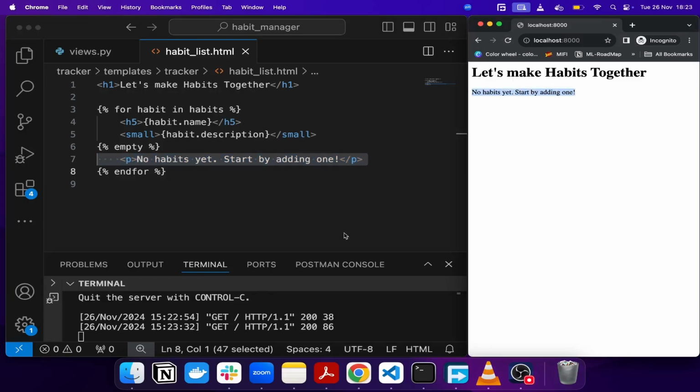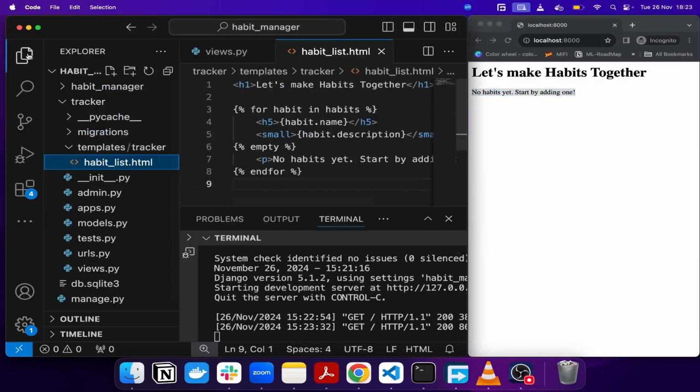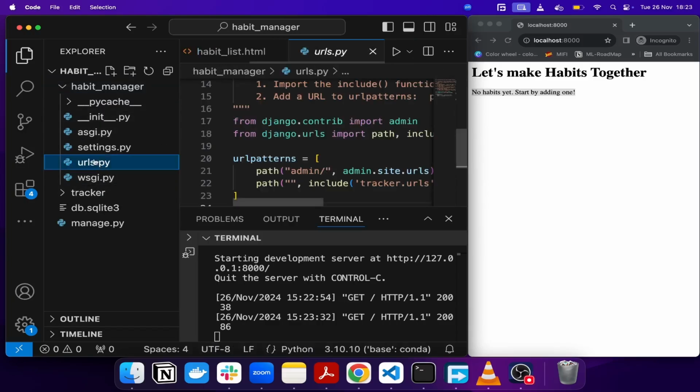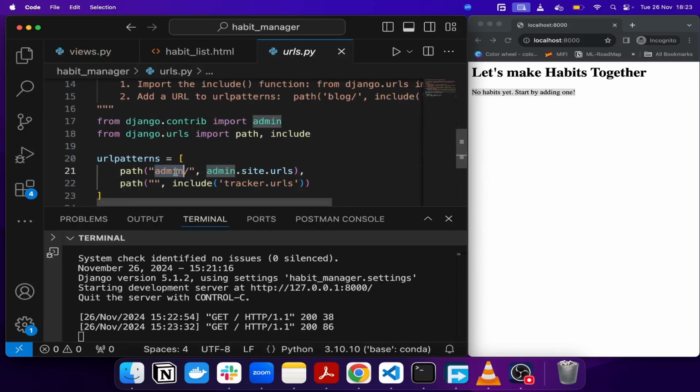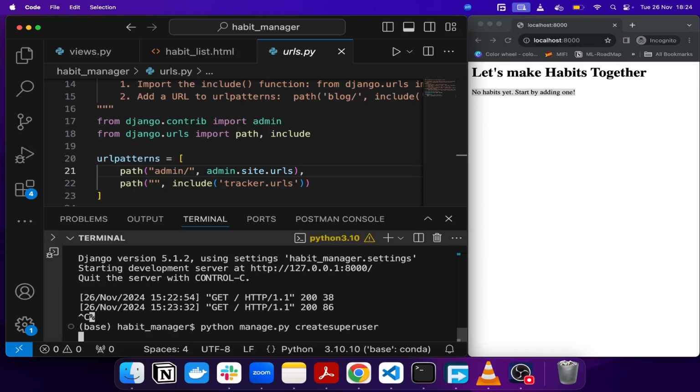So we can add one quickly, and an easy way is to use the Django admin. The Django admin is an admin interface that is created automatically for you by Django. And if you go into the root urls.py, you will see a URL configuration saying admin slash, and it takes admin.site.urls. So this is created for us by Django, which is very nice. So I'll kill the server, and to access this site, we need a superuser. Only a superuser can access this site. So we shall say python manage.py createsuperuser